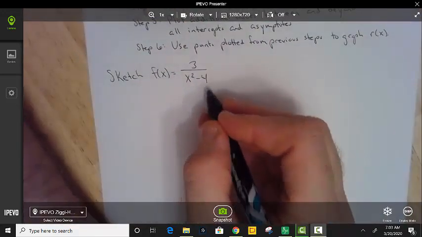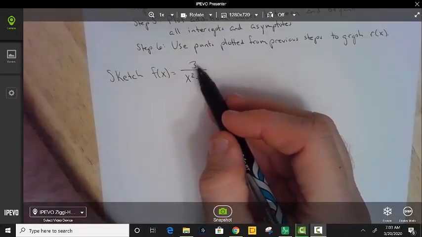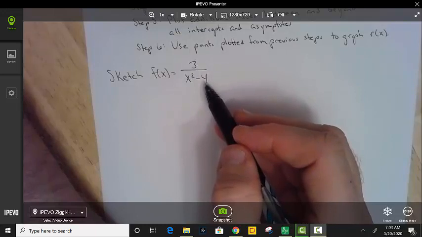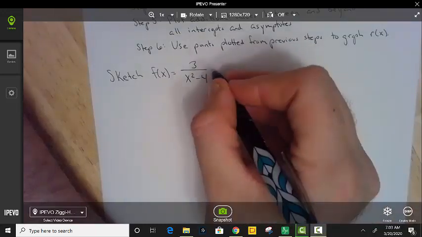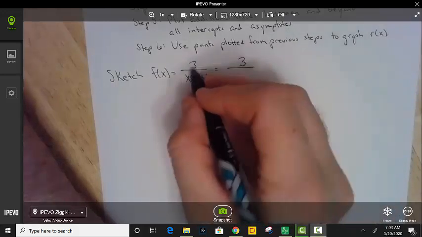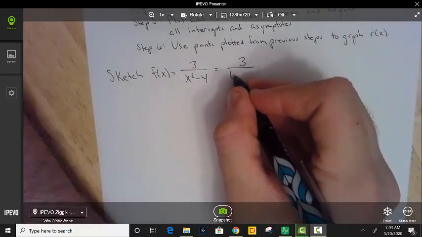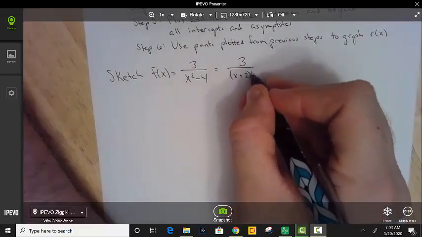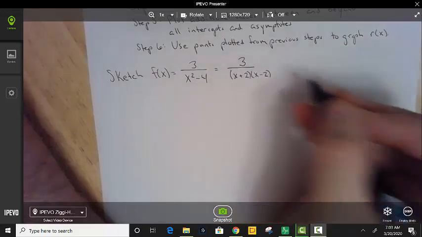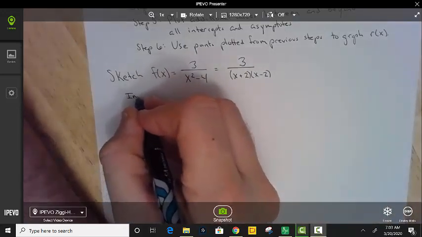f(x) equals 3 over x squared minus 4. We have a polynomial function on top, the constant 3, and a polynomial on the bottom, x squared minus 4. Step 1 is factor the numerator and denominator, and then find the implied domain. x squared minus 4 factors to (x plus 2) times (x minus 2). Alright, so the implied domain